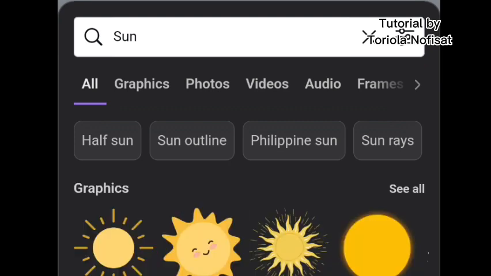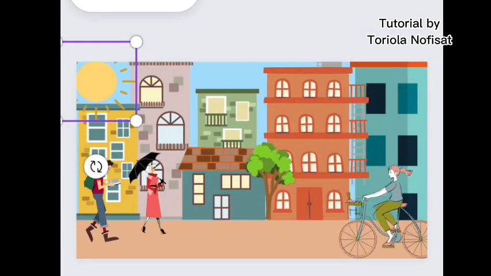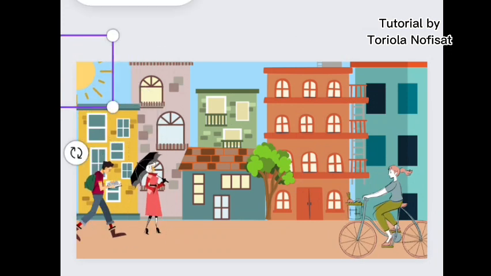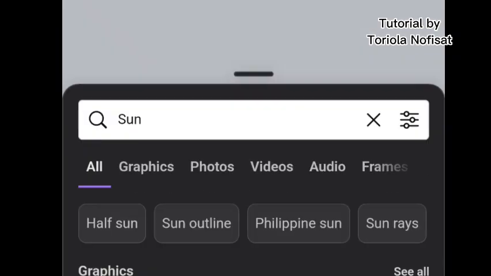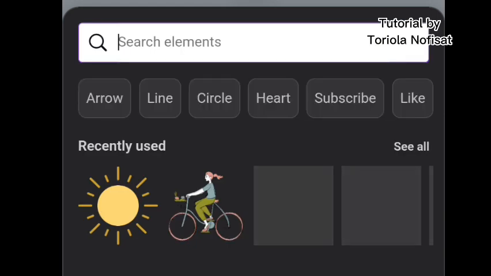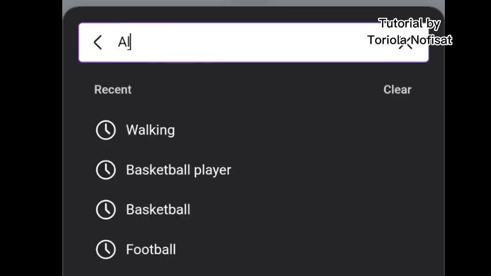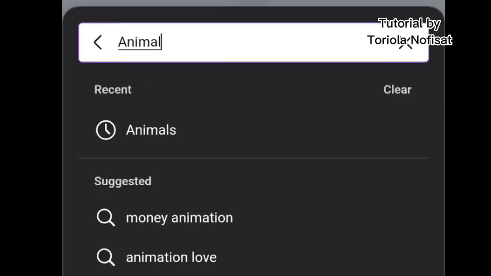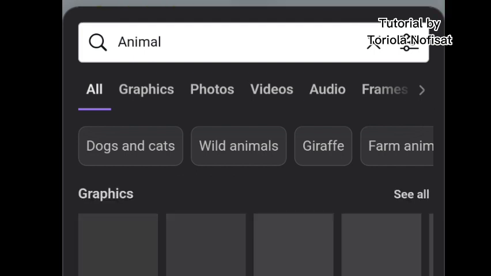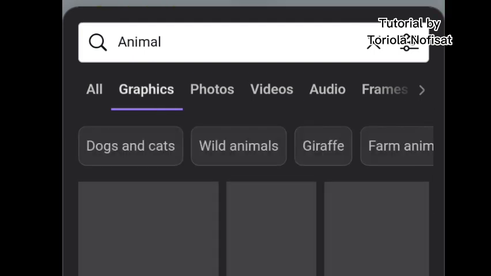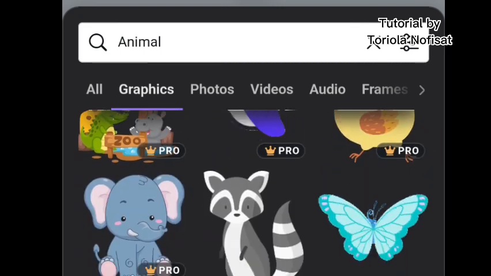Now let's make other features. The sun. Pick out the sun, put it down here like a half sun. Let's go down to select something else. Let's try animals. So pick animals, and as you can see there are wide varieties of it, but we want